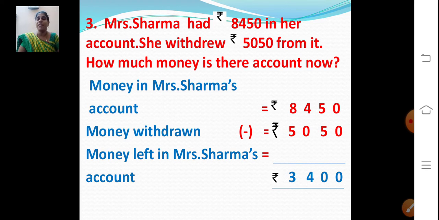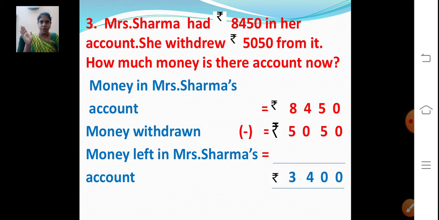Now we are going to find out how much money is there in the account. How do we have to find out? Will you add or subtract? Initially she had some money and she has taken it. If she is taking out, what do you have to do? You have to do subtraction. Taking means it is subtraction, right? Shall we write the statements now?